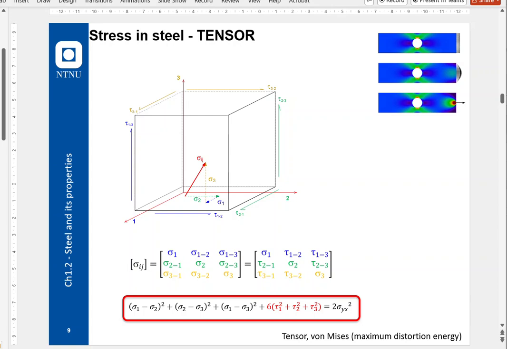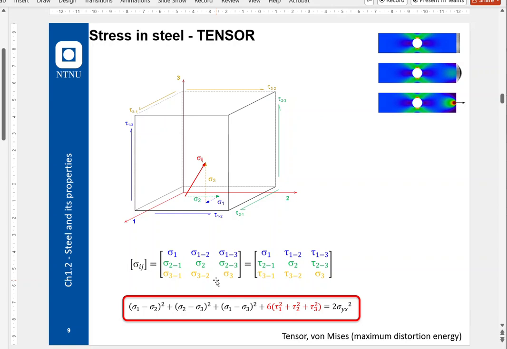You see them all in this unit cube, X, Y, Z. We have shear stresses along these surfaces, all of them. The front face, the right face, the back face, and the left back face, and the bottom and the top. And that becomes in a 9 vector